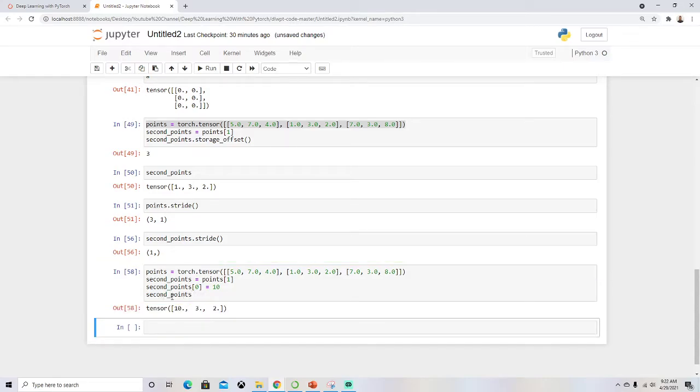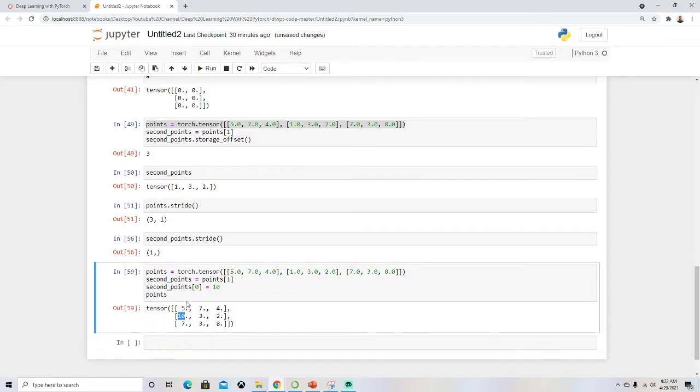It is 10. But what if we look at points? It is also 10. So when we made this new tensor, points 1, it's just looking at this tensor in a way. So manipulating this one has a direct effect on the original. Okay, we didn't make a copy of it. It's the same data. The computer is looking at the same line of data in the same stride, and so